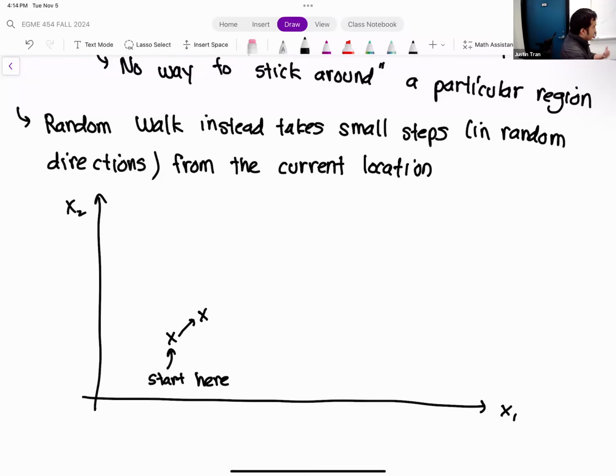So the next data point, or the next iteration that we check, is going to be within the same ballpark, within the same region as our starting point.